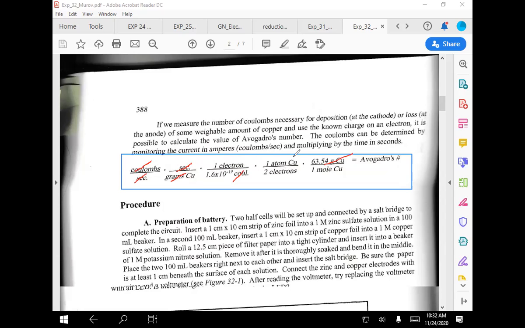We're assuming the copper is going to copper plus 2. That's how we get the 2 electrons. That would be from the half reaction. So you would cancel this electron with this electron. This should say moles of copper atoms, and so the atoms would cancel. But then what you end up getting is Avogadro's number, the one that you accidentally memorized, the 6.02 times 10 to the 23rd. So if you do all these calculations together,